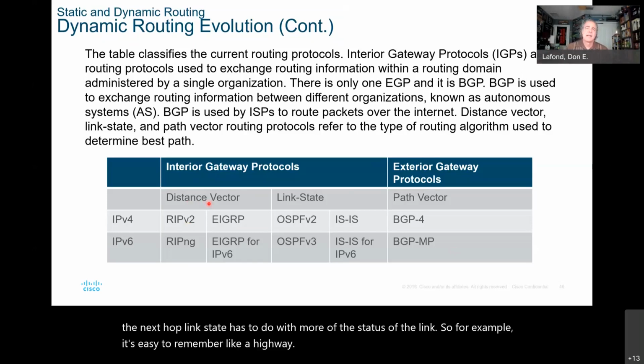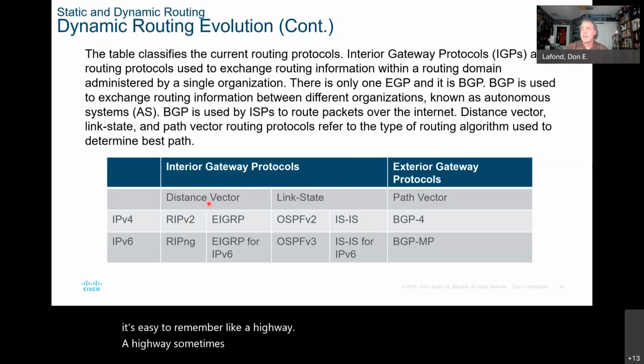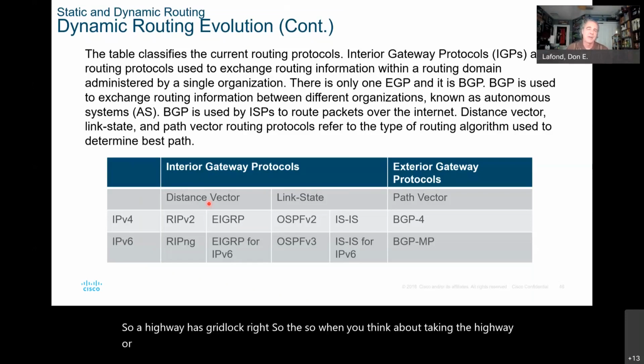A highway sometimes has a lot of traffic at rush hour, for example. The state of the link is called a highway has gridlock, right? So when you think about taking the highway or the secret back route that nobody knows, that's the state of the link. That is OSPF and